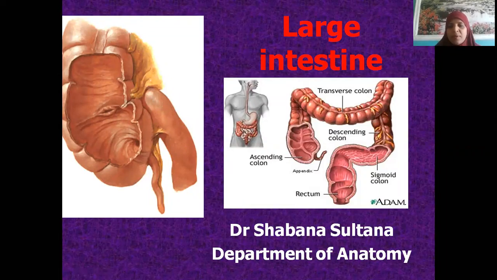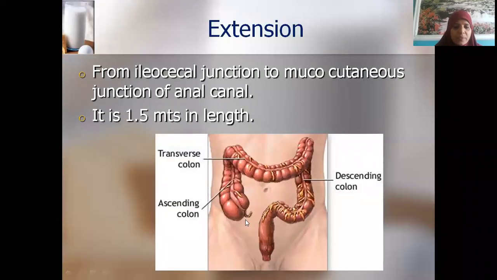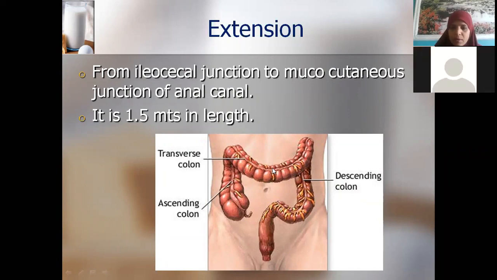Okay, better. Now see here. What are the parts of the large intestine as we have been discussing regularly? Ascending colon, transverse colon, descending colon, sigmoid colon, very good. Rectum, and the rectum continues as the anal canal, isn't it? So, what is the first part of the ascending colon called? What is the start? Cecum. Very good.